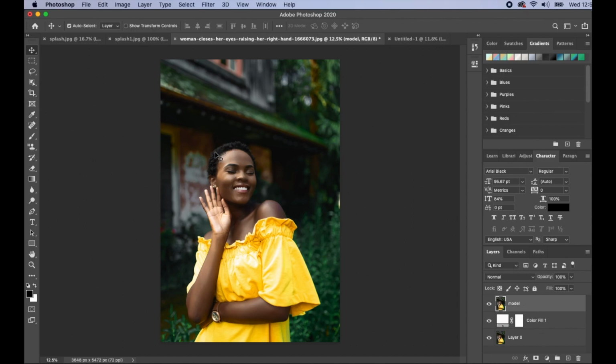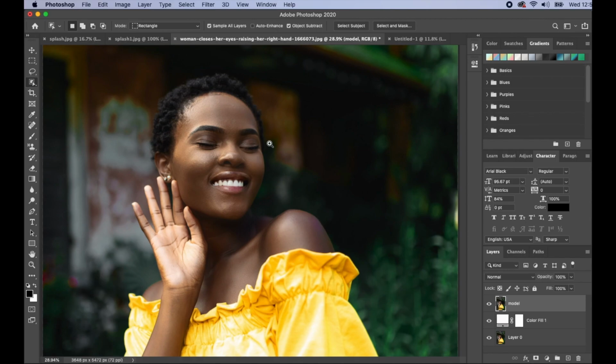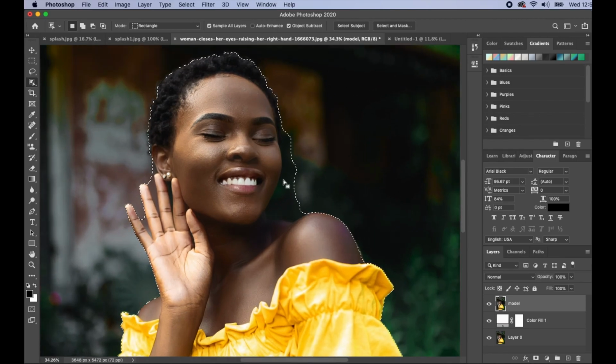I want to select the model out of the background. So today I'll be using the object selection tool, this one right here, to select the model. I'll just create like a square around my subject, which is the model, and Photoshop is going to select the model. Okay, so as we see, we don't really have a perfect selection, but I can go ahead to just adjust that. I'll zoom in and then I'll hold on my Alt or Option keyboard. As you see, if I hold on my Alt or Option key,